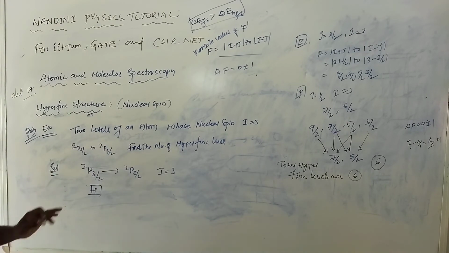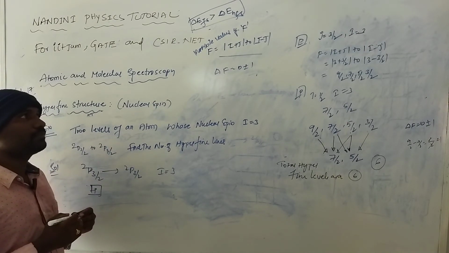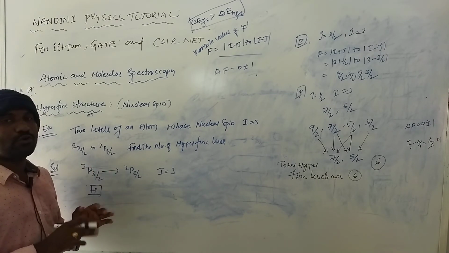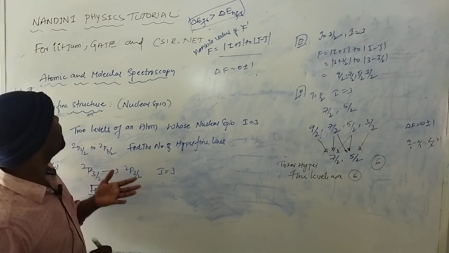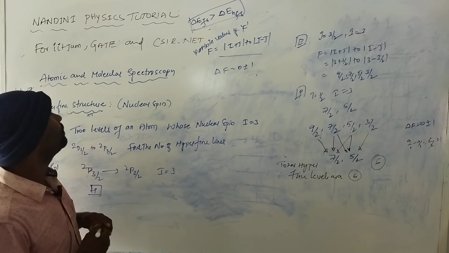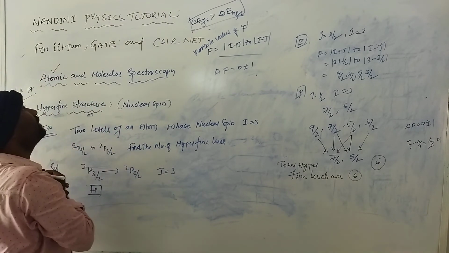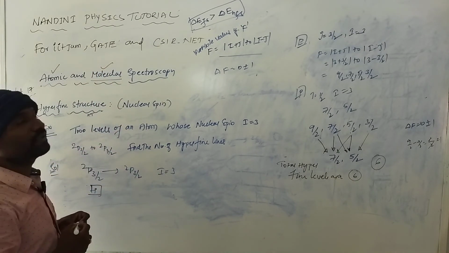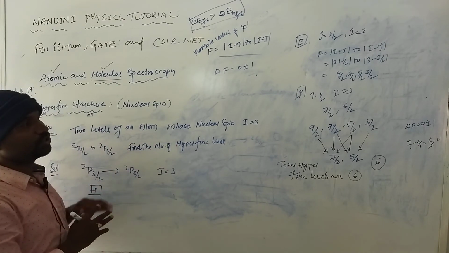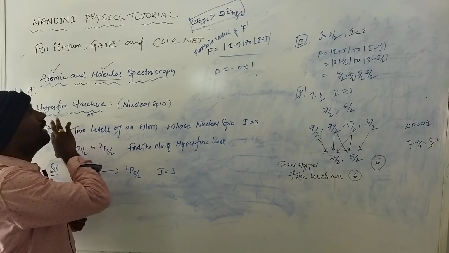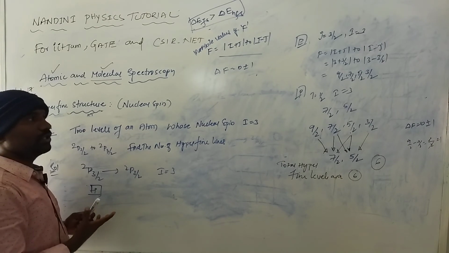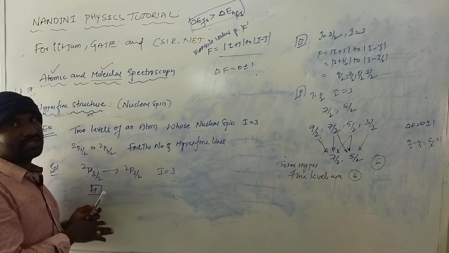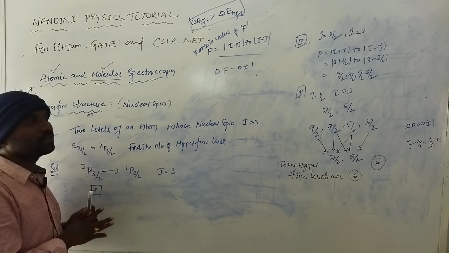So, this is about hyperfine structure. Atomic spectroscopy is over. After this I will start the next, molecular spectroscopy. So, the atom portion is completed, and soon I will start molecular spectroscopy. So, this is about shortcuts, everything. I'll do another session on important problems, how to identify formulas, everything. The formula session I will explain one day, one class. Thank you very much.